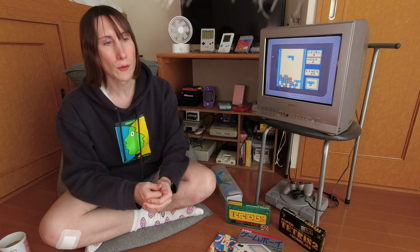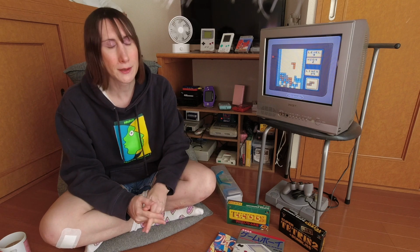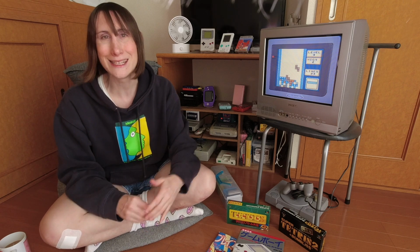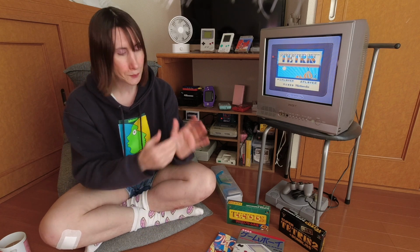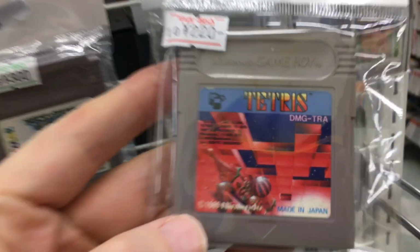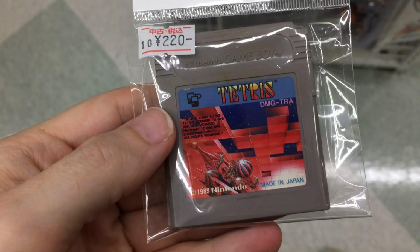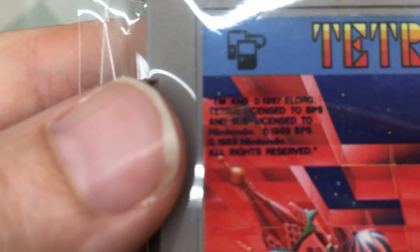And then I thought, oh, they've got some sort of junk or outlet Game Boy software as well. And then I remembered, I thought, oh yeah, I have been very lazily on and off looking for this so-called Minuet version of Tetris. And I knew a couple of the telltale signs to look out for. On the label, the Made in Japan writing is perfectly lined up with the grid lines of the design behind the text, and also the spire of St Basil's Cathedral punctures perfectly between the two L's on all rights reserved